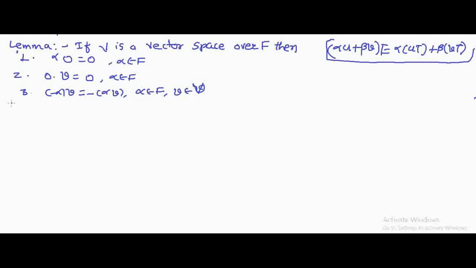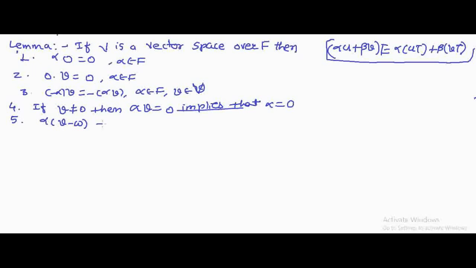Fourth one is if V not equal to 0, then alpha V equal to 0 implies that alpha equal to 0. And fifth one, alpha into V minus W equal to alpha V minus alpha W. So we prove this lemma for a vector space. Now let us prove first one,